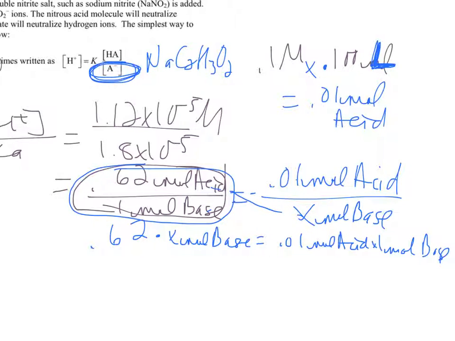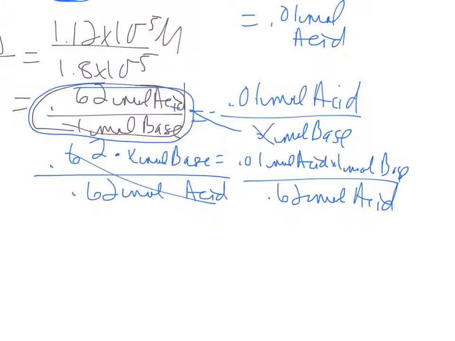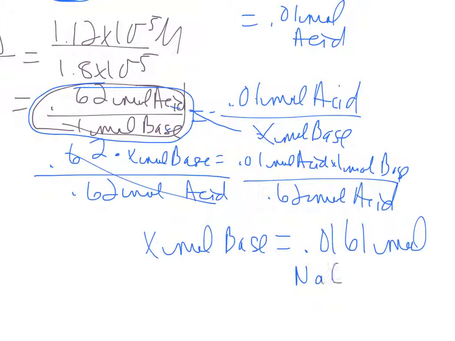I want to know what X moles of base are, so I'm going to divide both sides by the 0.62 moles of acid. Right? So what I end up with is my moles of base, which were 0.0161 moles of that sodium acetate, C2H3O2. There we go. Knowing that this was a spectator, so really I'm adding this, but I need